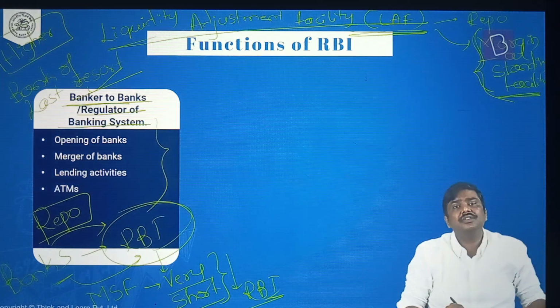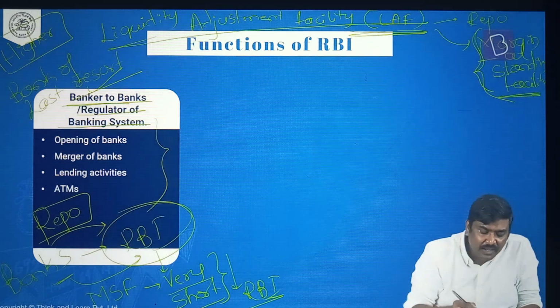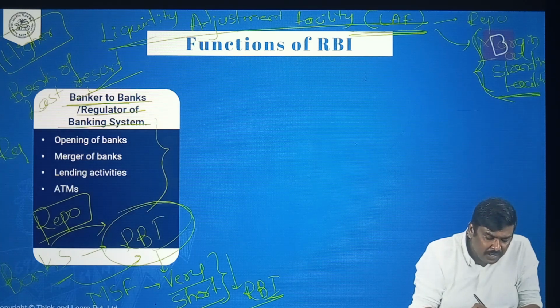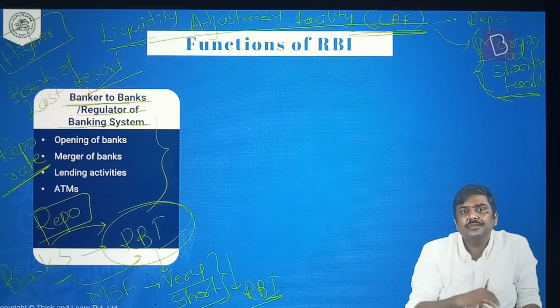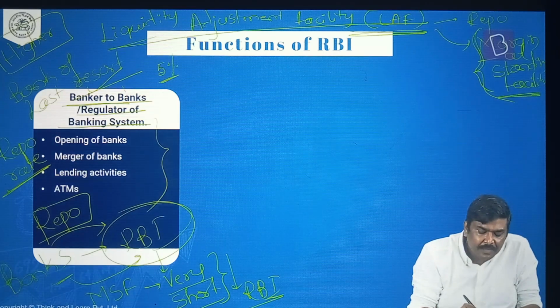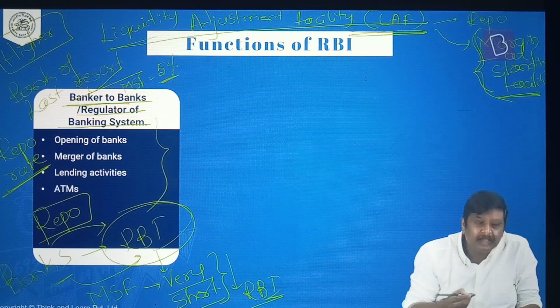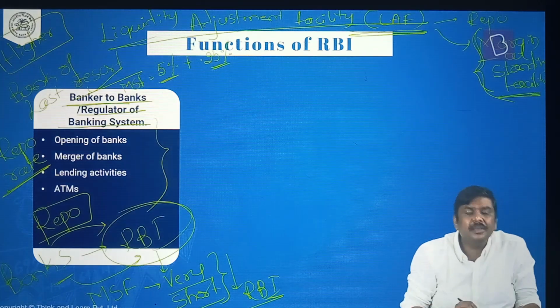Okay, higher rate of interest. And generally the rate of interest under the concept of MSF is linked to the repo rate. Is it okay? It is linked to the repo rate. What do you mean by this? Imagine the repo rate is 5%. RBI will basically say the marginal standing facility is equal to the repo rate plus, let's say, 0.25%, which essentially means